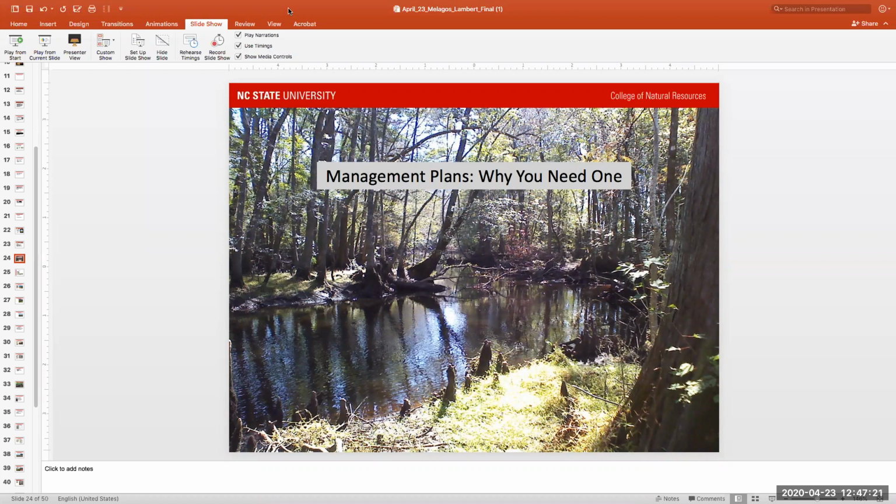Yeah, you can work with your local soil and water office, or also work with the Forest Service, or your forester, to develop a plan on a stream crossing. Soil and water offices probably have the most expertise, usually when it comes to engineering those type of crossings, and in a lot of cases, NRCS and soil and water may have some cost share money available to help you with a specific type of stream crossing, whether it's temporary for a harvest, or a permanent stream crossing.